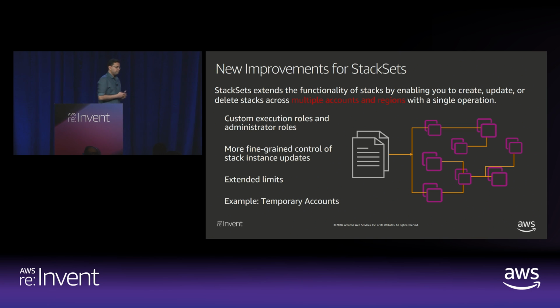The second piece is a feature called override parameters, which we released a couple of months ago. In StackSets, let's say you have a master set that provisions 10 different stack instances in 10 different accounts. When you come back and want to update only 3 stack instances and not touch the other 7, what are your options? Using the override parameter feature, you can update just those 3 instances and not touch the other 7. This gives customers a lot of flexibility to propagate changes to only a limited